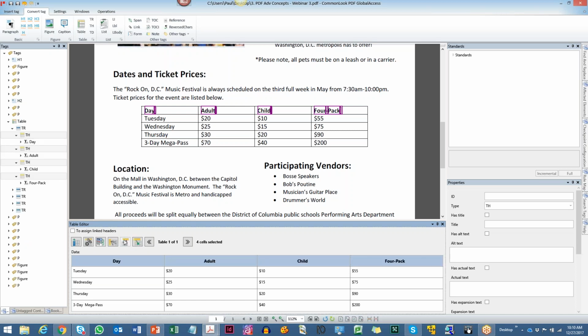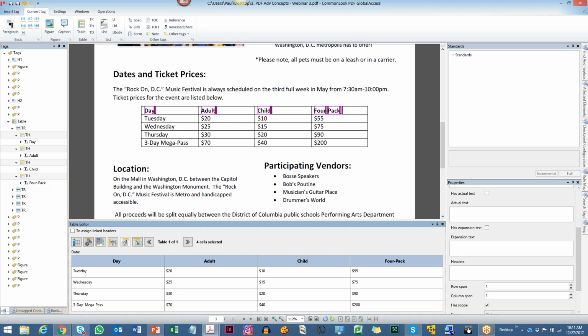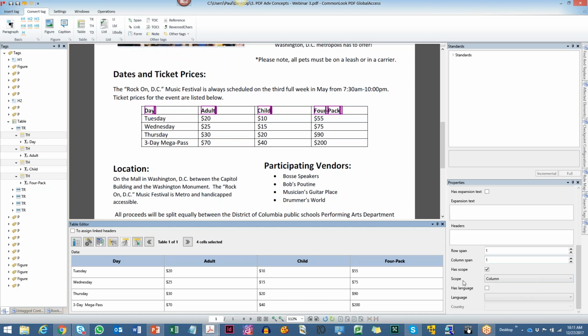When I click that button, I notice that the text in the table editor turned bold, but you'll notice that in the physical view it did not, because again, we don't change the physical view when we're just working in the tags. With these cells selected, I see that not only have they become THs in the tag tree, where they were TDs before, but also if I go over to the Properties panel over on the right-hand side of my screen, and I scroll down, I can see that they have scope, and the scope has been set to